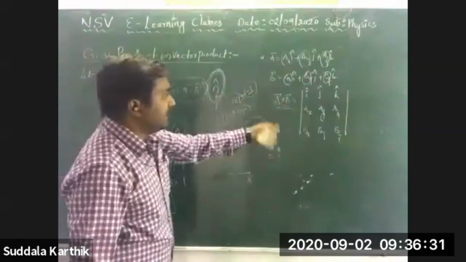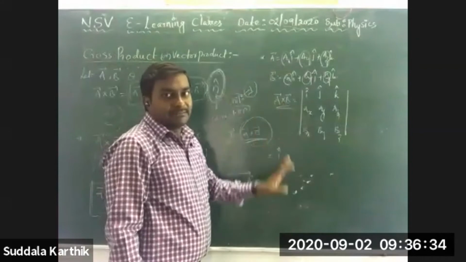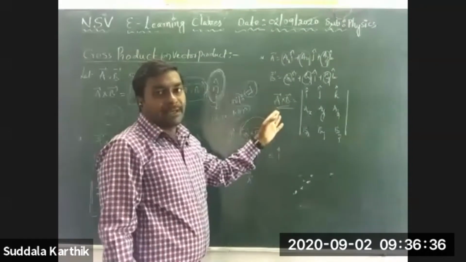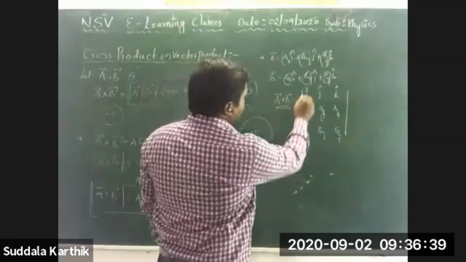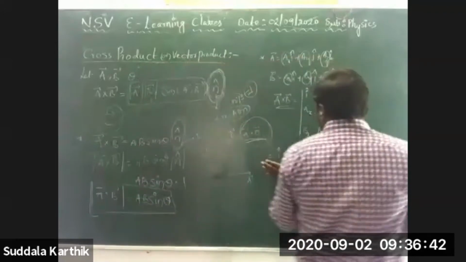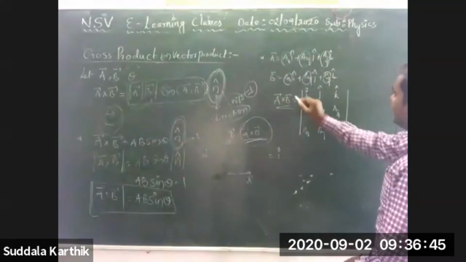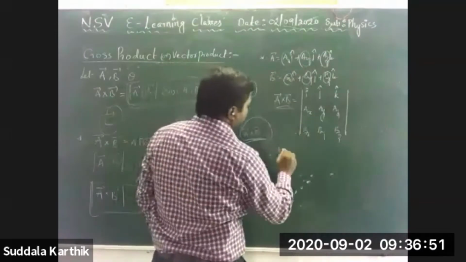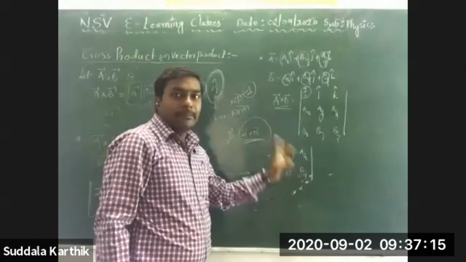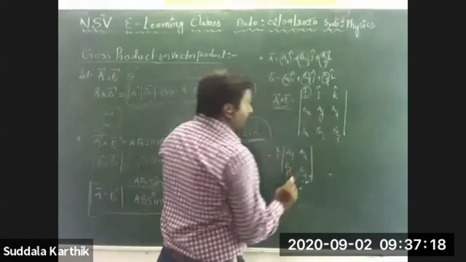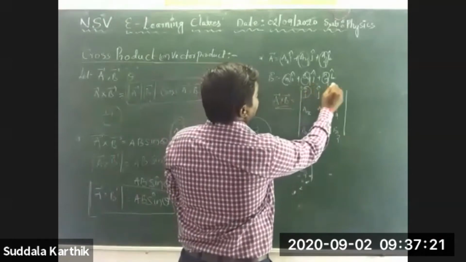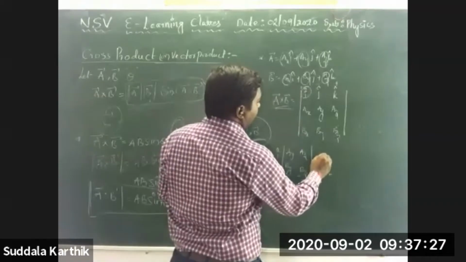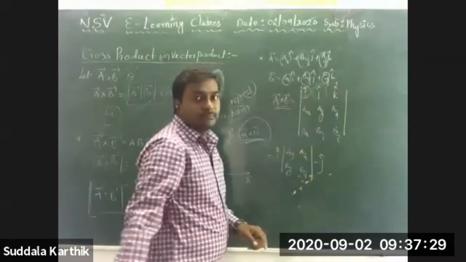And this is another method for the calculation of A bar cross B bar. So, I cap. When you are doing like this, please cross out these two. Now what remains? AY, AZ, BY, BZ. Next, this is plus, this is minus, this is plus. So I am writing minus J cap.